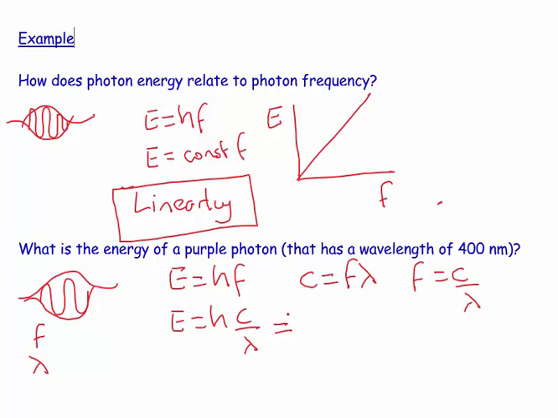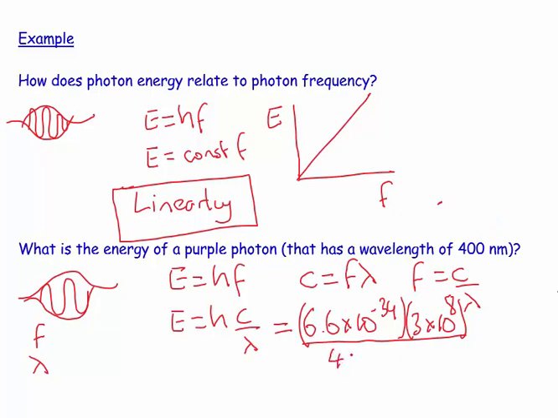and it turns out that h is equal to 6.6 times 10 to the minus 34 numerically. So this is equal to 6.6 times 10 to the minus 34. And then the speed of light, of course, is 3 times 10 to the 8. And then the wavelength. And the wavelength I gave you was 400 nanometers, which is 400 times 10 to the minus 9 meters. So E is going to equal, if I get my calculator, I get